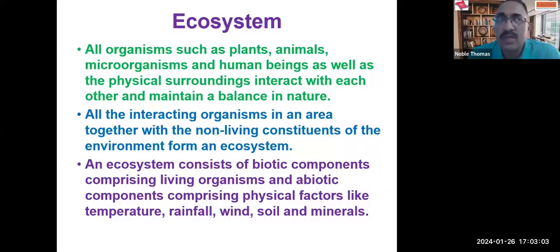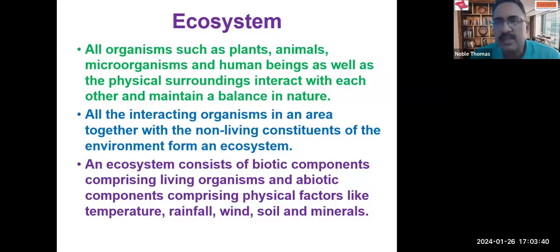This chapter revolves around what is an ecosystem. An ecosystem consists of three major components: producers, consumers, and decomposers. Producers are the basis of any ecosystem, and there is an interrelation between the living organisms and the non-living things. So this forms a system which is self-sustaining, and that system is what we call the ecosystem.